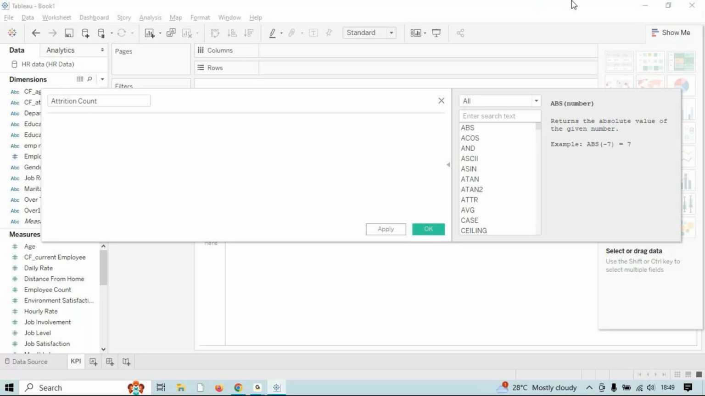Done. So now, attrition count, how I'll take it, I already told, right? Yes means they are left, and No means they are working. Okay, so based on that,